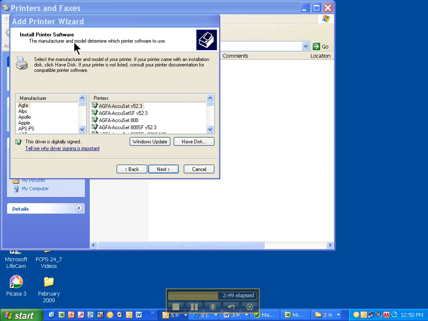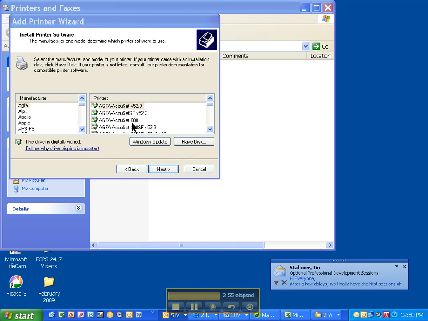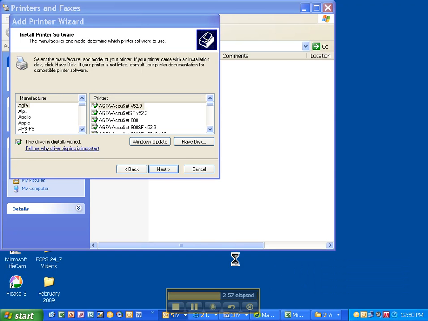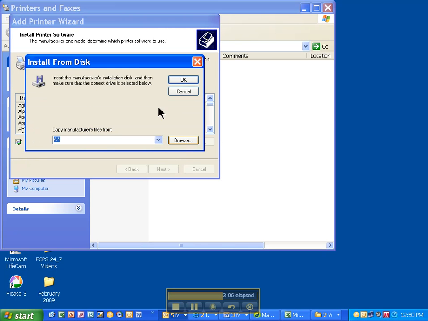Once it's found the printer, it's going to ask us to find the drivers. Here it provides us a large selection of drivers available, but a lot of times the ones that we need are not in here. So we're going to go to Have Disk. From here, it's going to ask us to tell us where the installed disks are. We're going to click Browse,